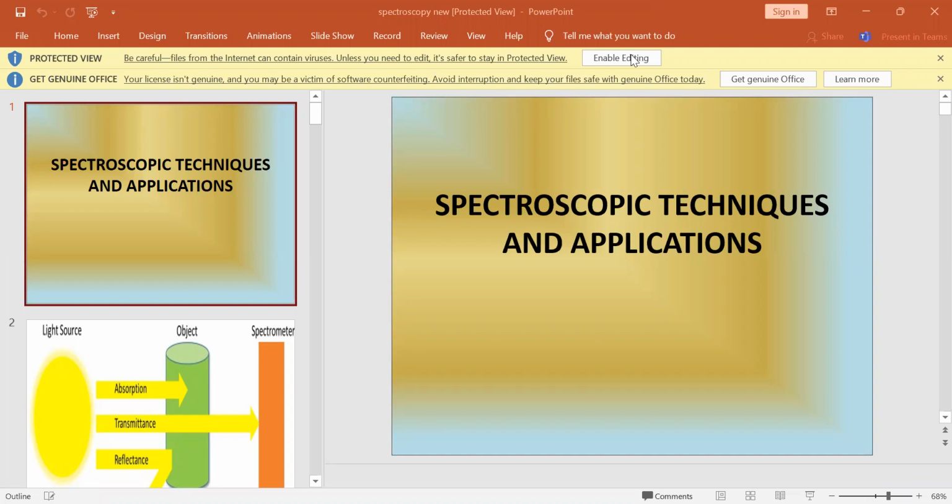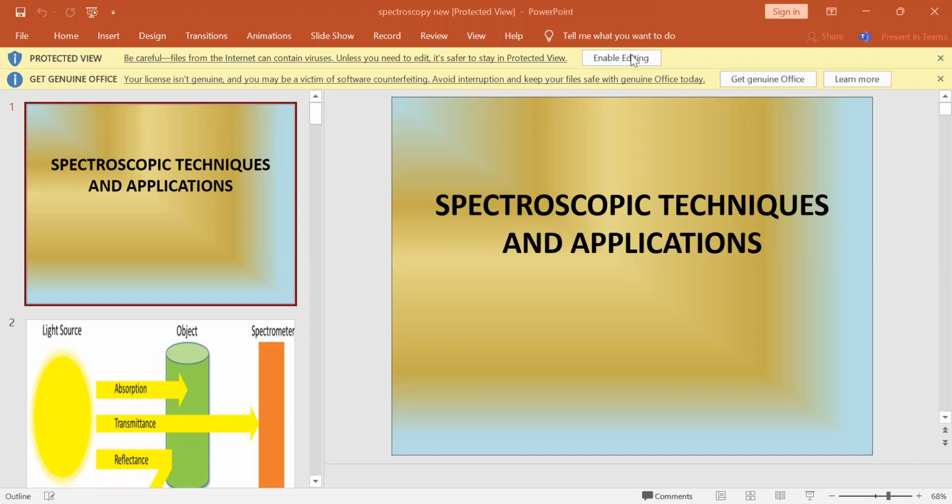So today our topic is spectroscopic techniques and applications. Spectro means radiation, scopy means measuring. Measurement of radiation is known as spectroscopy. Coming to the definition, it is a branch of science which deals with the study of interaction of electromagnetic radiation